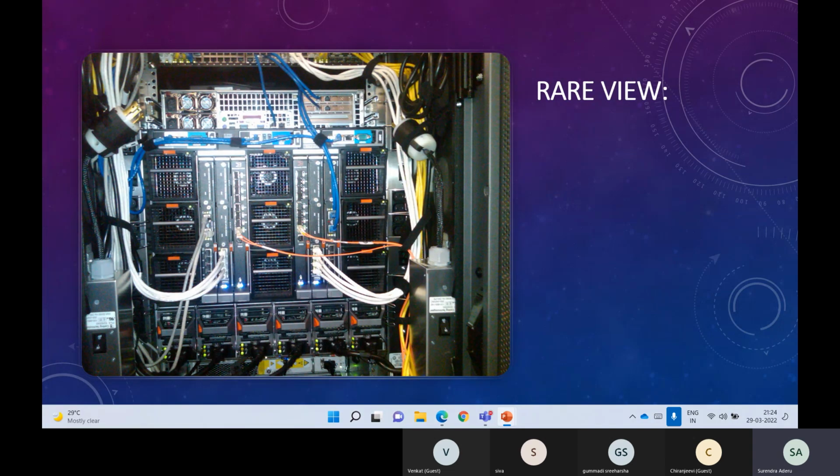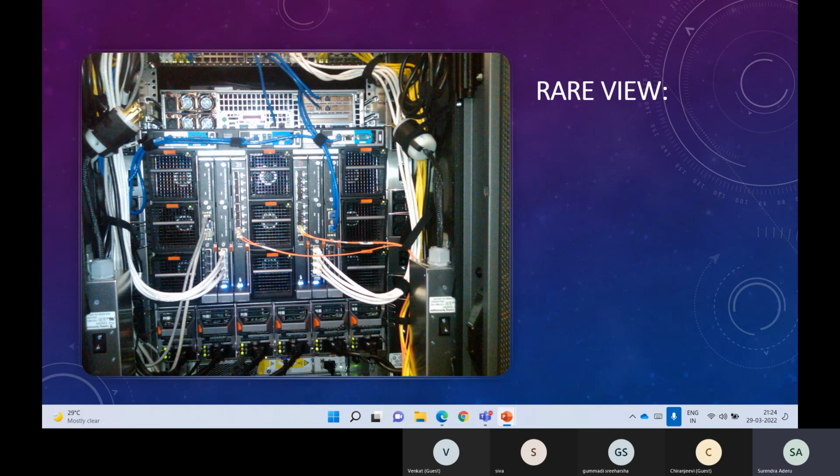I'm taking one of the physical hardware units to show how it looks in the rear view. You can see in the rear view there are Ethernet cables. Every one of us is quite familiar with these, which you use for internet in today's scenario. In older scenarios we used these Ethernet ports, and nowadays it is fiber connectivity. You can see the fiber ports and fiber connectivity as well. Apart from that, you can identify fans running inside your hardware. Around nine different fans are running to emit the heat generated by your hardware to the outside.